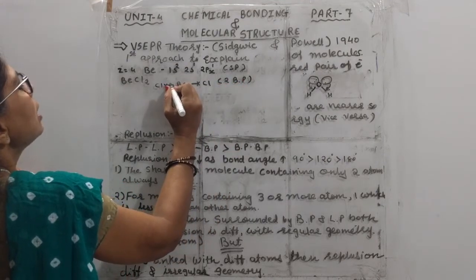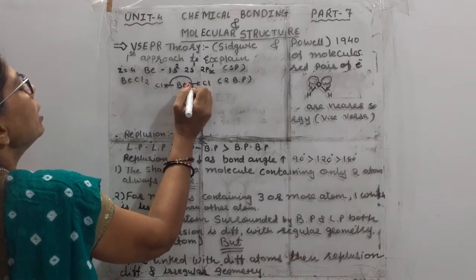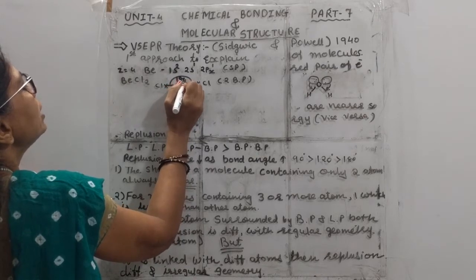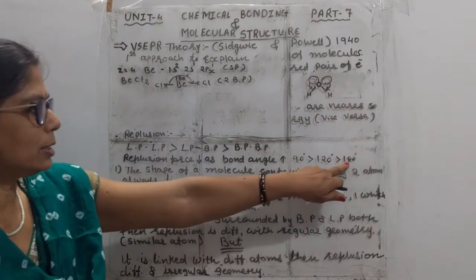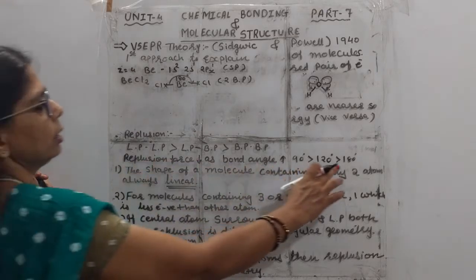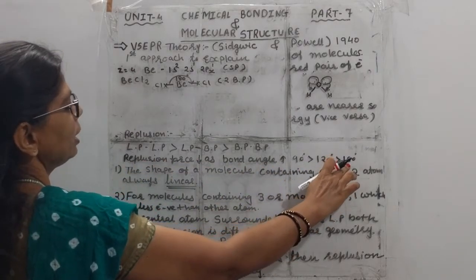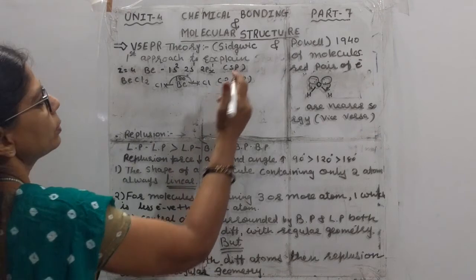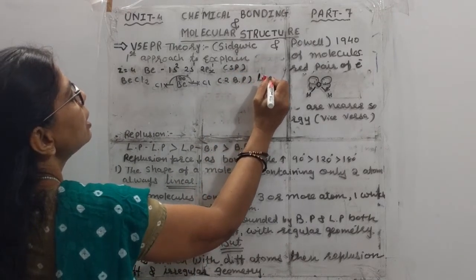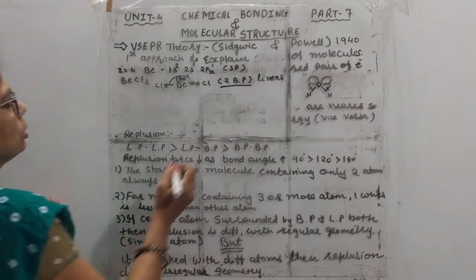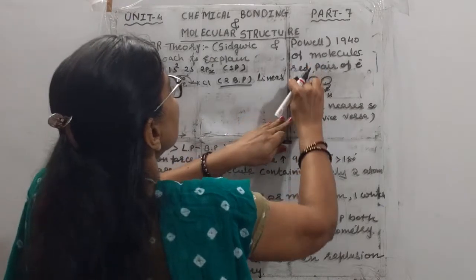And you can see this shape or angle. It is 180 degree. The angle is 180 degree. And here you can see that 180 degree means the geometry is linear. And the bond angle is maximum, so repulsion force is minimum. And the geometry is linear, with 2 number of bond pair. So this is the first example which we have studied.